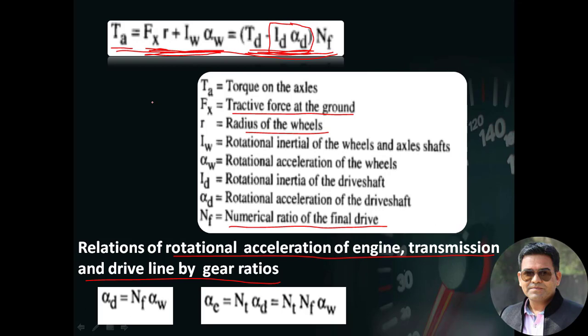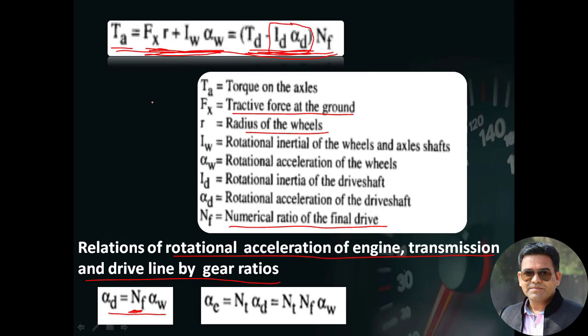These relations are very simple to understand, because if we have an understanding of the numerical ratio, then we can say that it is simple gear ratio. So the numerical ratio or gear ratio we can calculate in many ways. We can calculate it in terms of the number of teeth available on the gears, or with respect to the velocity, the speed of the gears too. So considering the speed of the gears, again we can convert it to the rotational acceleration of gears, and then we can modify that equation in this manner.